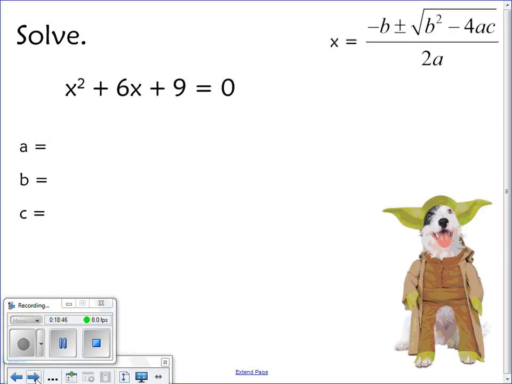Okay, take a look at this one. x squared plus 6x plus 9 equals 0. Ramon? Good. B? C? Side note, my dog has that costume too. All right, so x equals